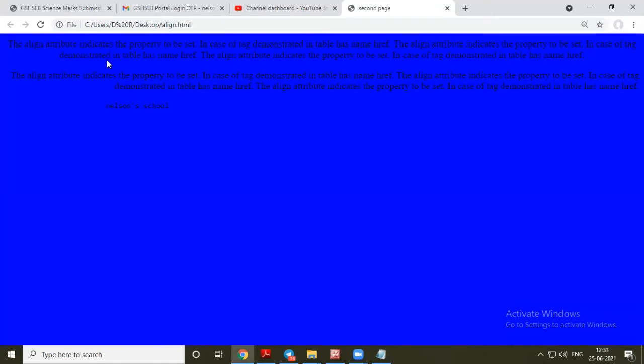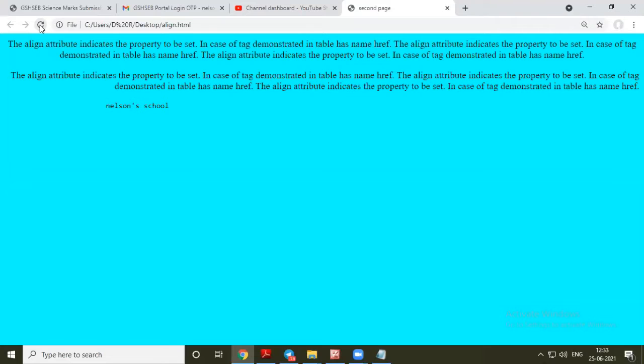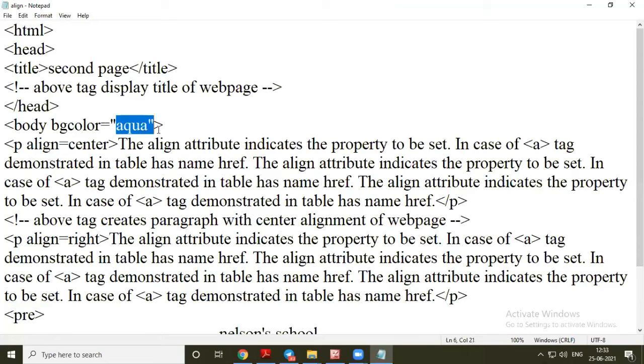Now refresh this or reload. Okay. This is aqua color. Now there are very few colors that we can use directly with name: blue, yellow, red, like that, pink.